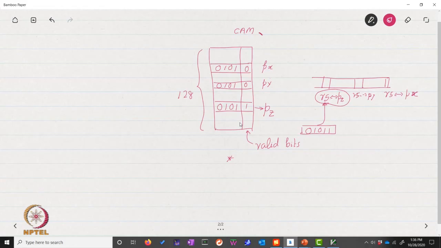So the first is that only 16 out of 128 valid bits are 1. That should be obvious because we'll have 1 valid bit per each architectural register, and there are 16 such architectural registers.